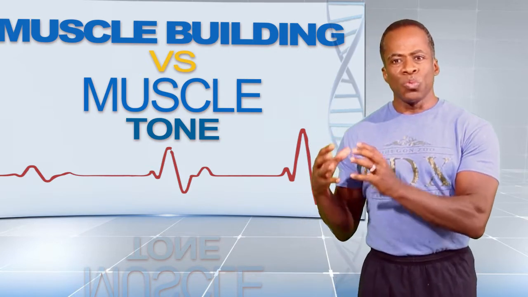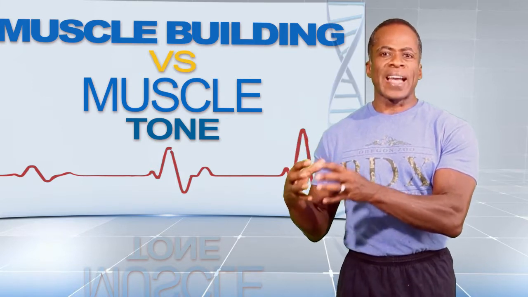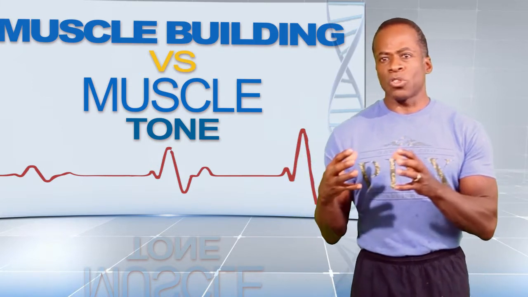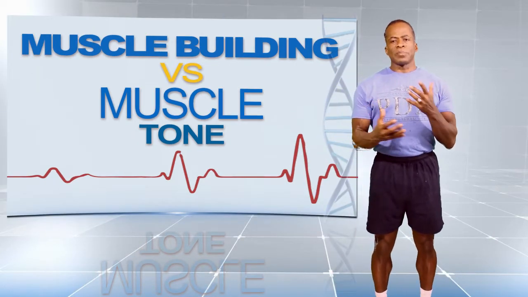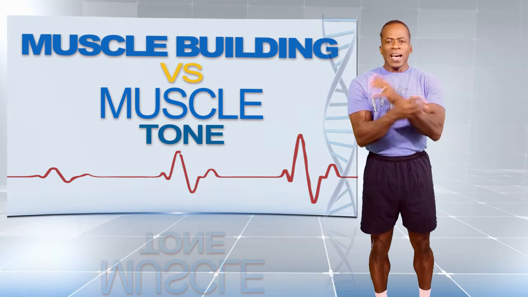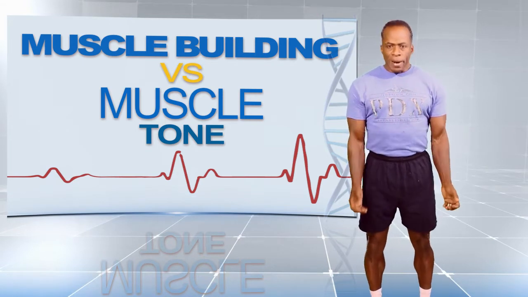A muscle that is weak is a muscle that is flaccid. So if you want to get tone, you've got to become stronger. How do you become stronger? Resistance work. So what does that look like? Let's say I want to develop tone in my arms. I have to find out which exercises target that particular body part. Now, bicep curls.